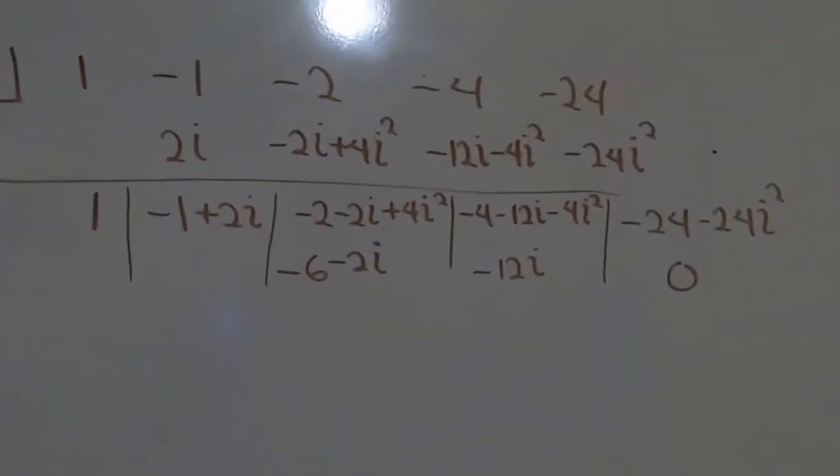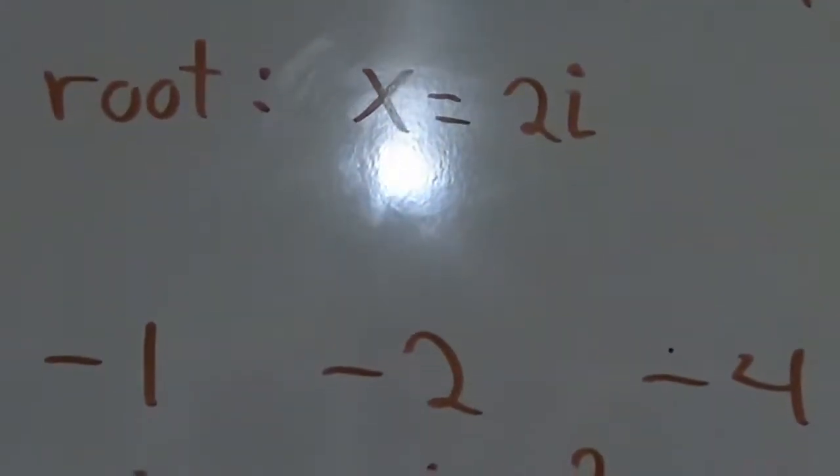Okay, there's your extreme close-up. Let's do another layer of synthetic division, this time with our other root. So we've got x equals 2i. Now,